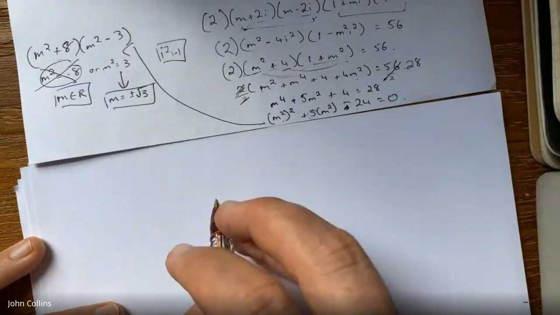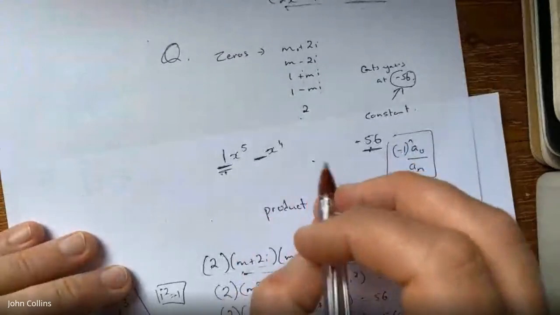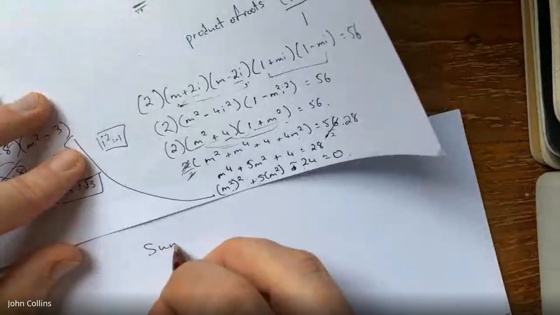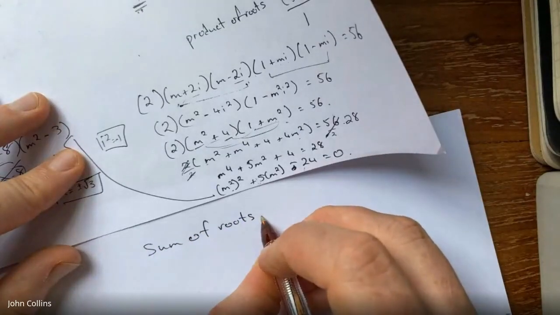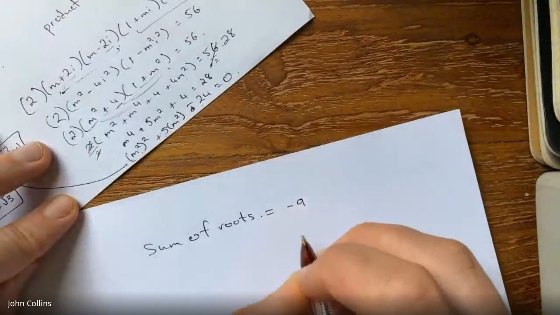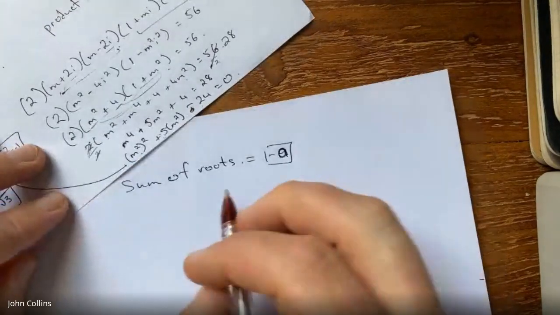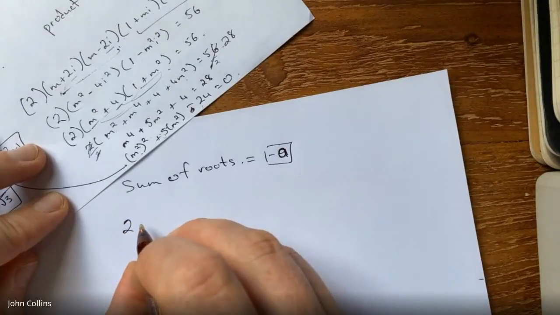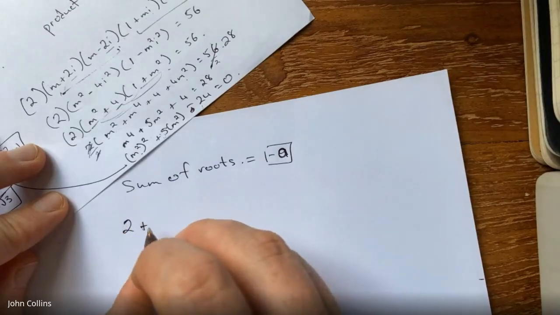I call the coefficient a. So let's go back to this, or b, or whatever. Let's call that a. So the sum of the roots is going to be minus a over 1. So just minus a. And if I find what a is, I'm good to go. So I'm going to add up all the roots. 2 plus,